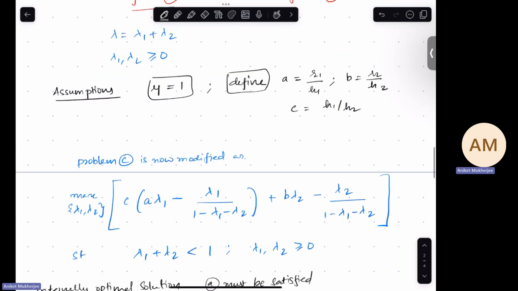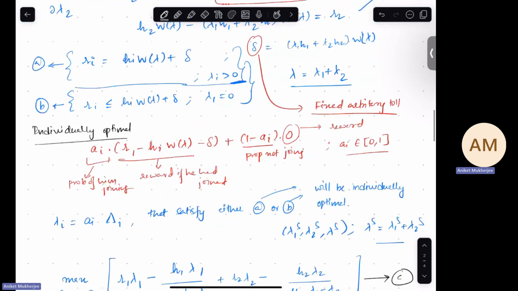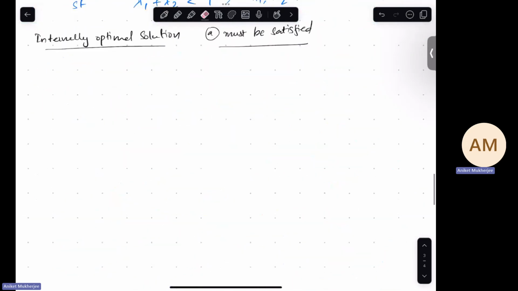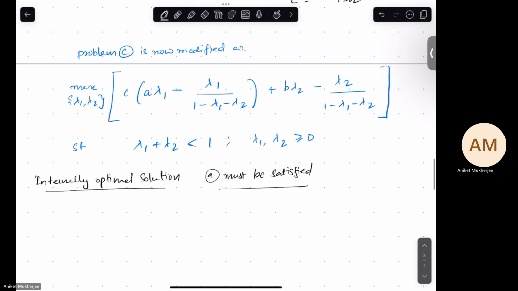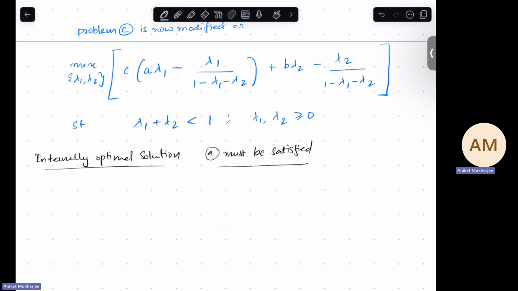So when I say this must be satisfied, let us write down that equation. We can just take the derivative with respect to lambda i and equate it to 0 and see what happens. So if we take the derivative with respect to lambda 1,